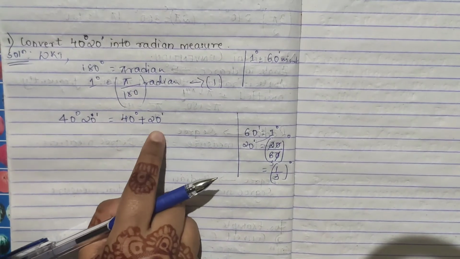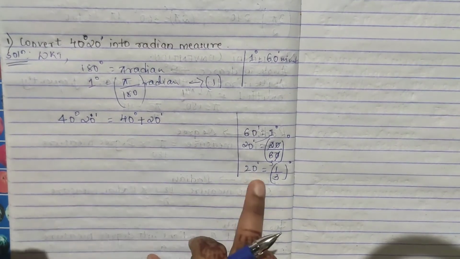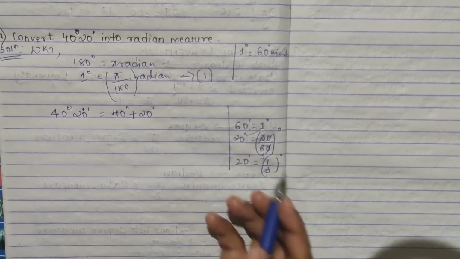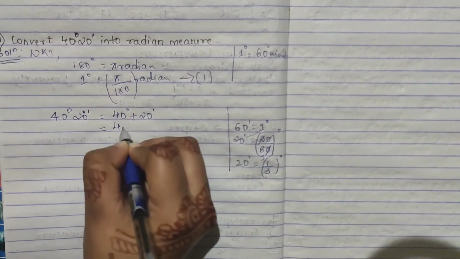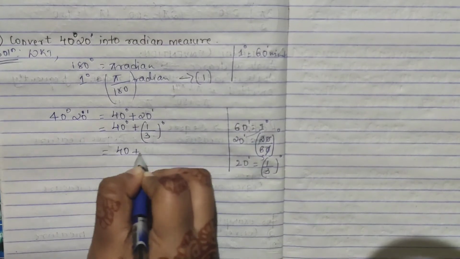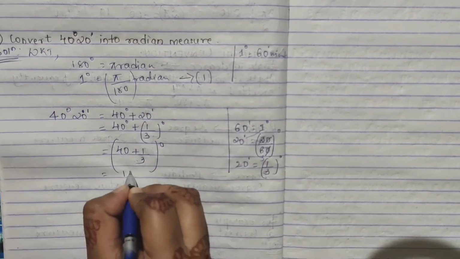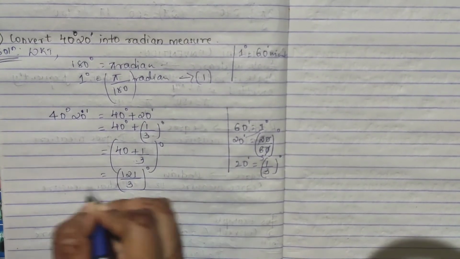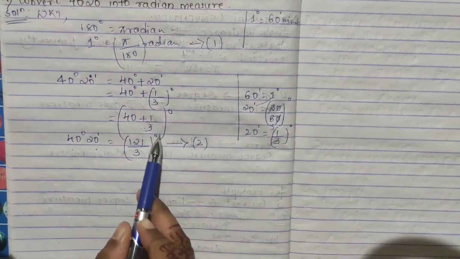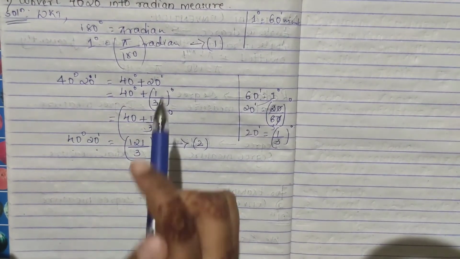So this we will substitute in this. In place of 20 minutes we put 1 by 3 degree. So 20 minutes has been converted into degree. I'll write here 40 degree plus 1 by 3 degree, we have only converted, right? Now I can write 40 plus 1 by 3 degree. So add it up, taking your LCM, you get 121 by 3 degree. So for 40 degree 20 minutes, we have converted it into degree. What do we get? 121 by 3 degree. We have got it in degree, now we have to find in what?